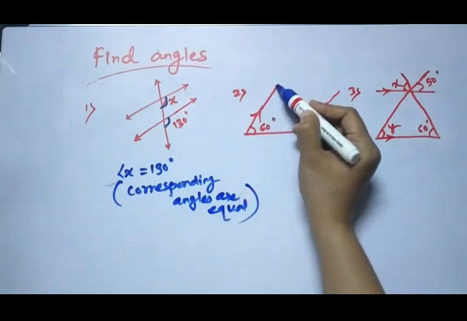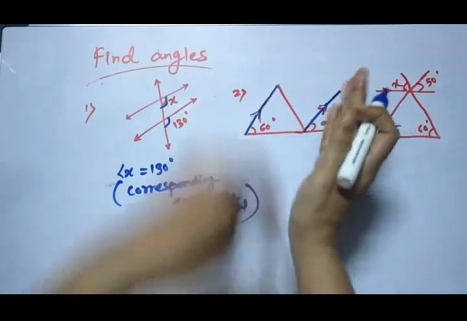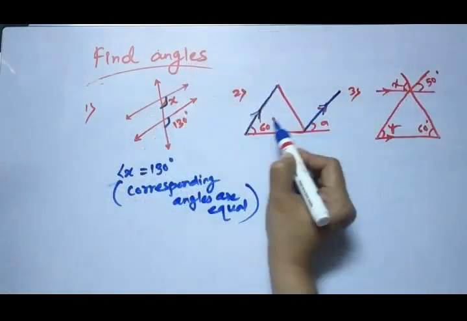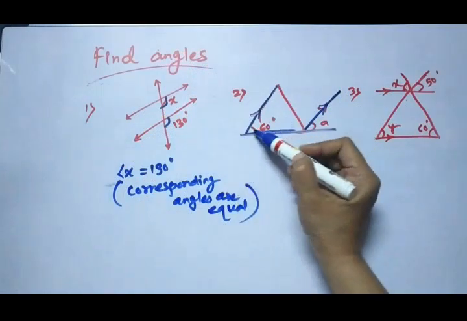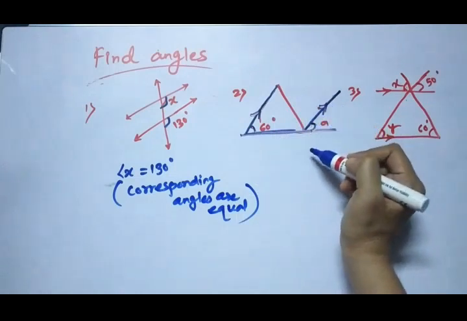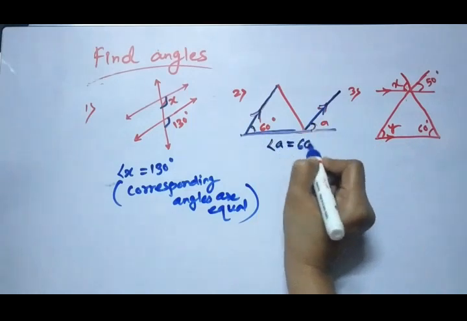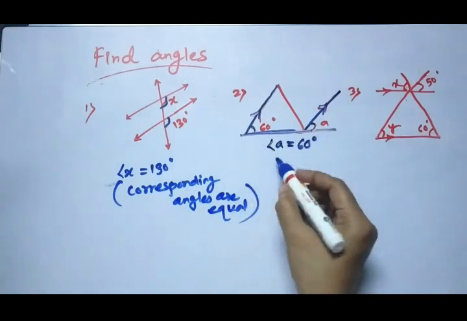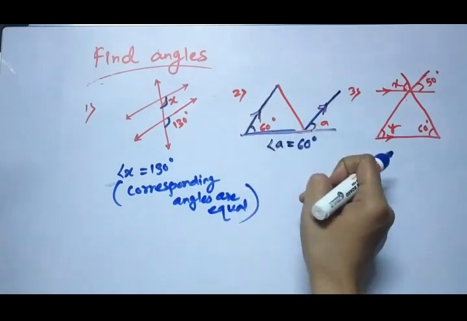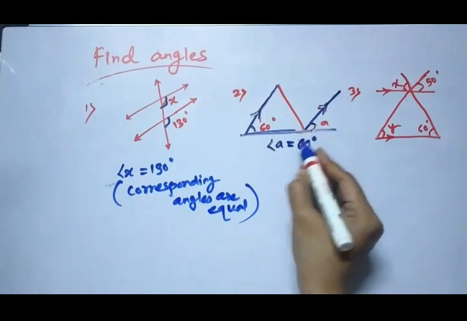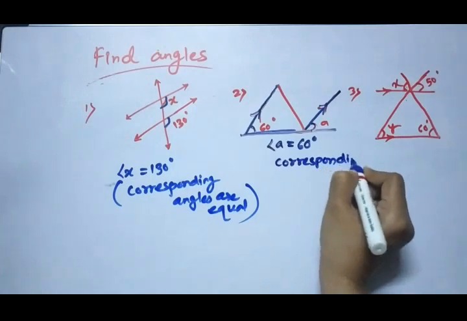Now you can see here, these are parallel lines. These arrowheads indicate that these are parallel lines. The parallel lines are running like this, and here this line is acting as a transversal. Friends, this angle and this angle occupy the same position. So you can see here again angle A is 60 degrees. The reason is the same. These angles are corresponding angles. Corresponding angles are those angles which have the same position. So again the reason is corresponding angles, and their measures are what? Equal.